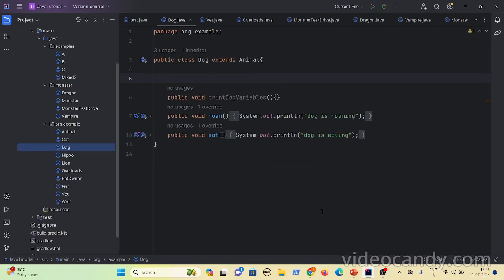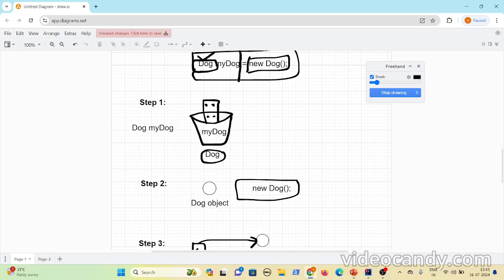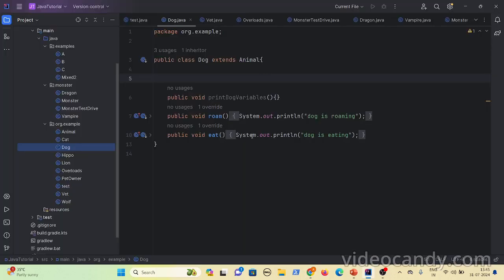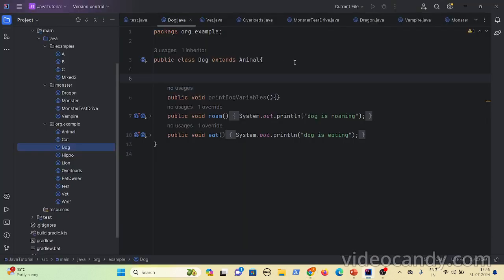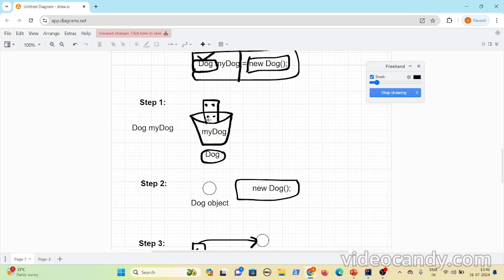Print dog variables, roam, eat, okay, and then it will create buttons for each and every method. So if you press the print dog variables button, then it will invoke the print dog variables method, and if you press the eat button, then it will invoke the method implementation that is present here. Now let's say you have instance variables also in your class, then it will have buttons created for those instance variables also.